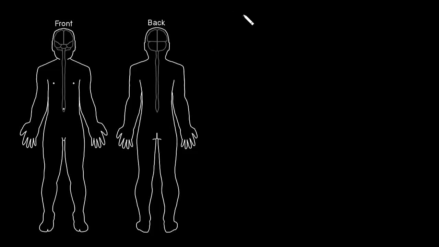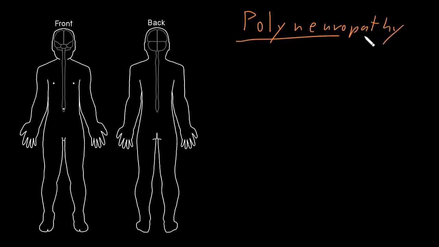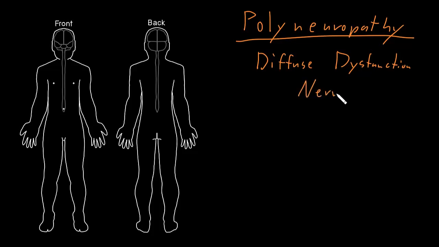In this video, I'm going to talk about polyneuropathy. Polyneuropathy means diffuse dysfunction of the nerves of the peripheral nervous system. Now, polyneuropathy syndromes may involve abnormalities of the three types of neurons that are in the